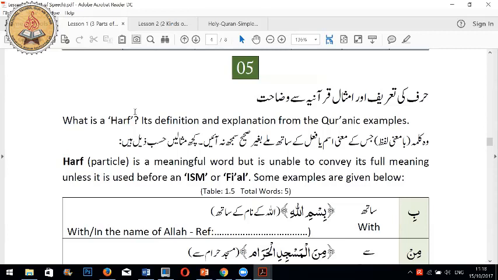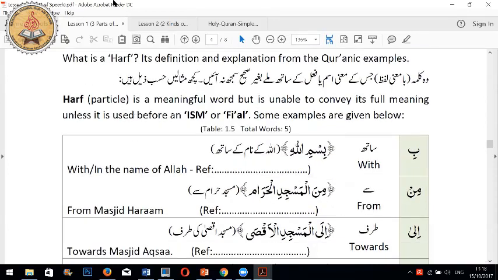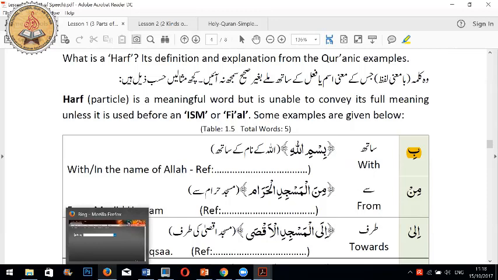So harf, particle, is a meaningful word, but it is unable to convey its full meaning unless it is used before an ism or fi'l. Some examples are given below. Now, I take this one. This one is ba with kasra, means be, and it means saath, with. And though according to number it is understood limited,